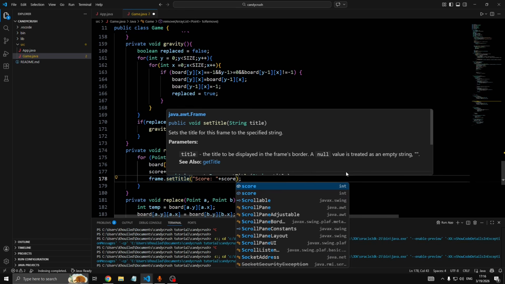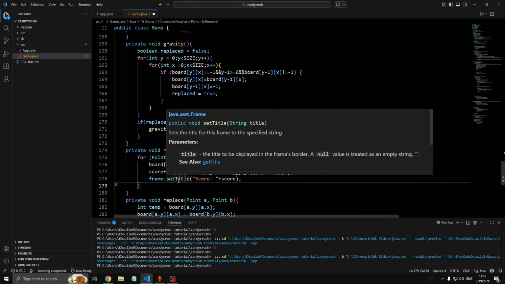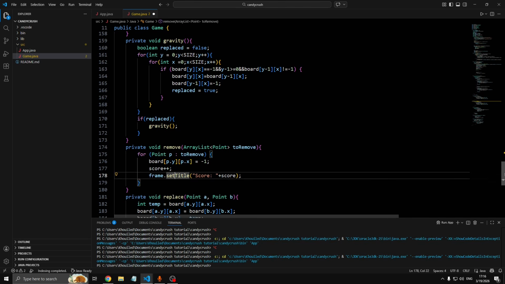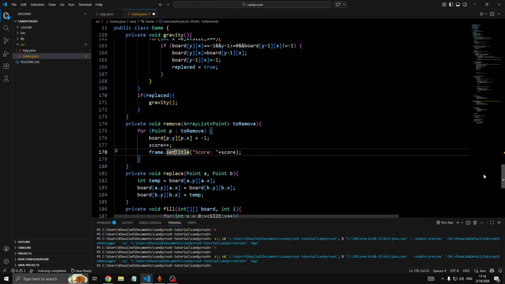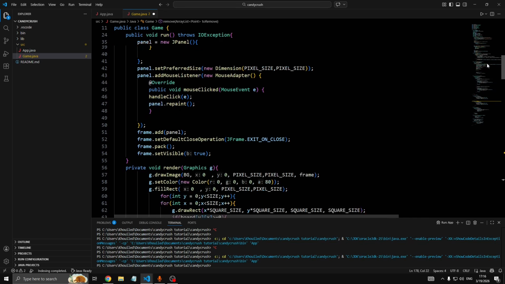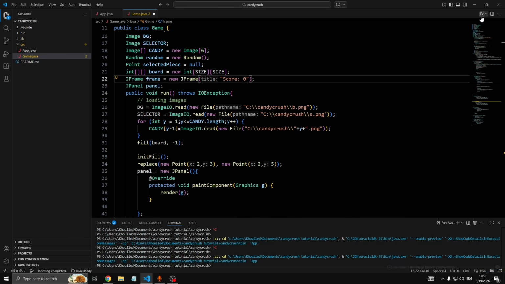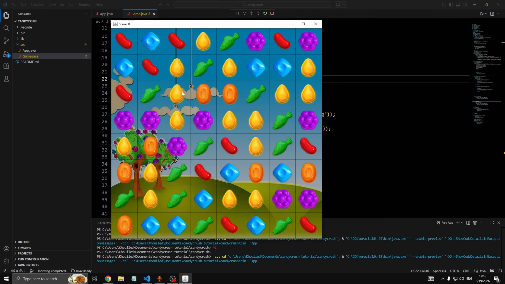So every time we change the score, we're going to change the title. Hopefully this won't slow it down. It probably will, but it's not going to be noticeable for us. Okay. Let's set the initial title to score 0. Now if we run again,